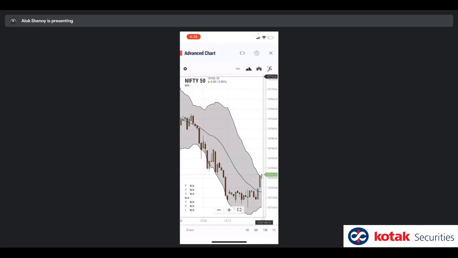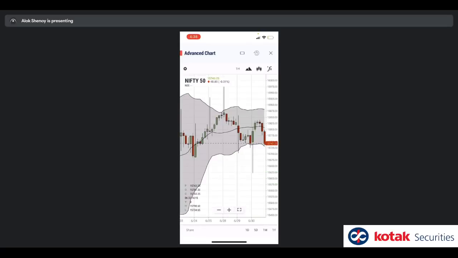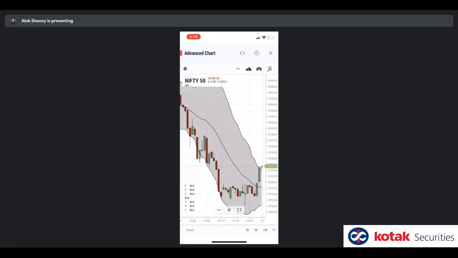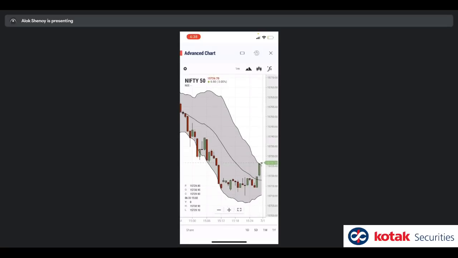If I want to change the x-axis, the time interval right now is 1 day, 1 minute periodicity. I can change it to 5 day by clicking down here on 1D, 5D, 1M, 1Y. On top, you can see it has become 1 hour by automatic setting, but you can again bring this to 1 minute if you want. And you can pan by taking 2 fingers and panning, and that will give you the data from the past as well.